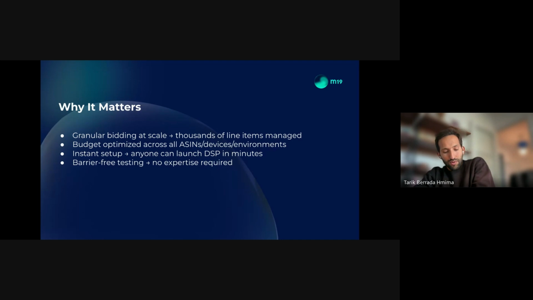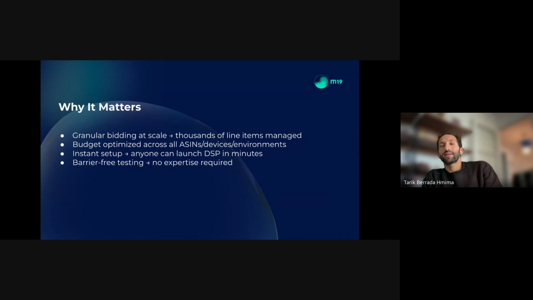So before going directly into the demo, let me try to summarize why what we did moves the needle, why it matters. It's almost the same reasons as sponsored products. The first one is that by automation and by creating complex structure, we are able to do granular bidding at scale.